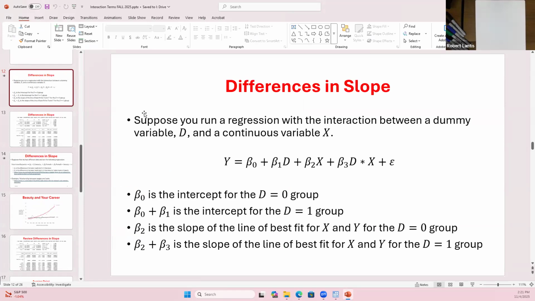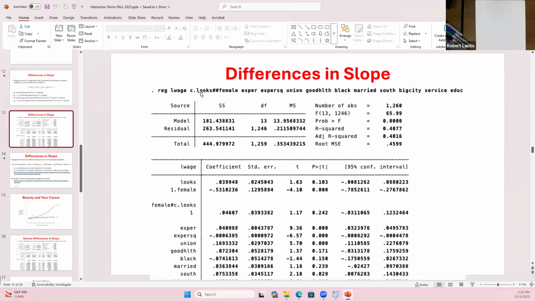Okay, so we're talking about last class, differences in slope. The setup we had was interacting a dummy variable with a continuous variable. So if that's the case, there are different marginal effects for these different groups. If I run this regression where I include both female and this looks variable, but also the interaction of the two, that's going to provide a different marginal effect of this beauty variable, looks, for both males and